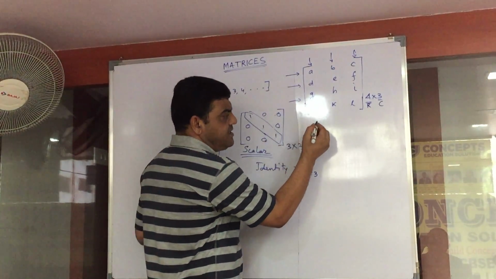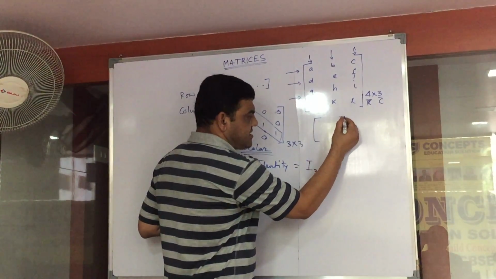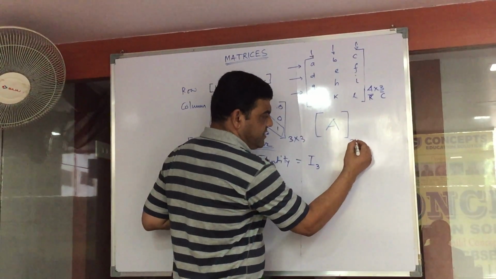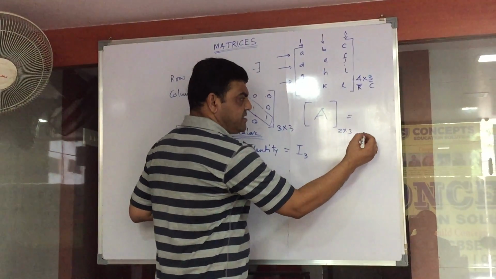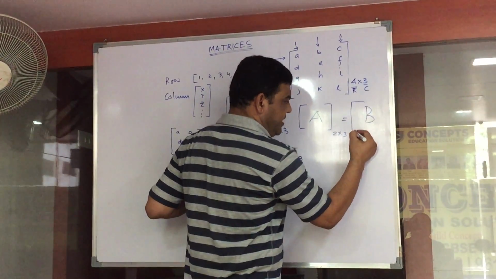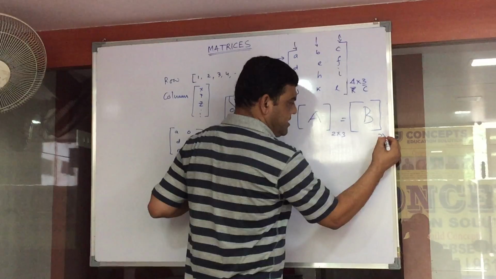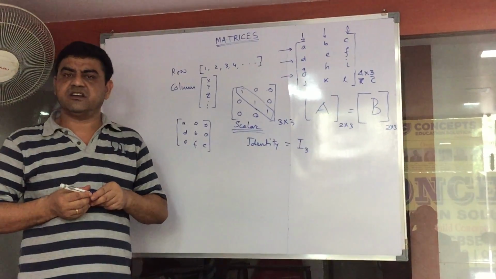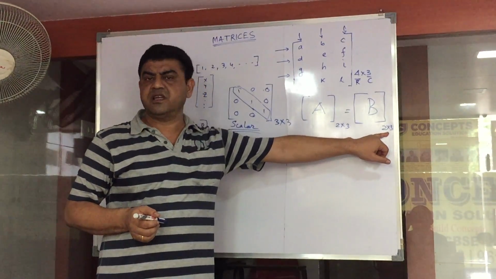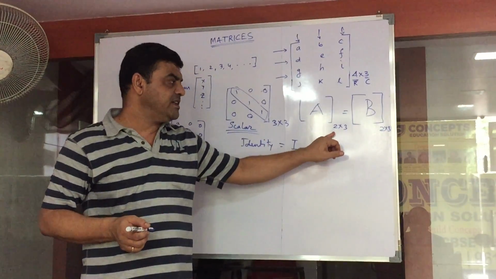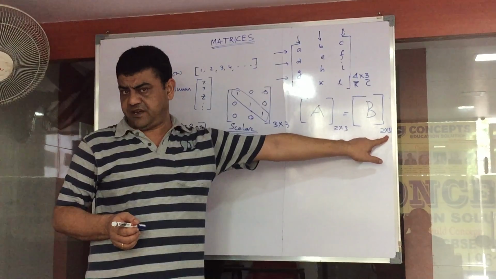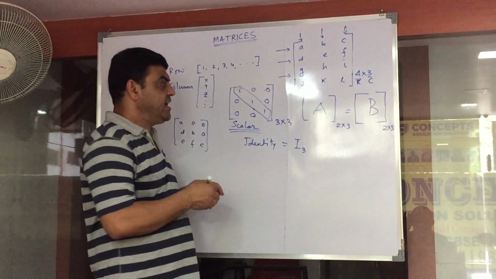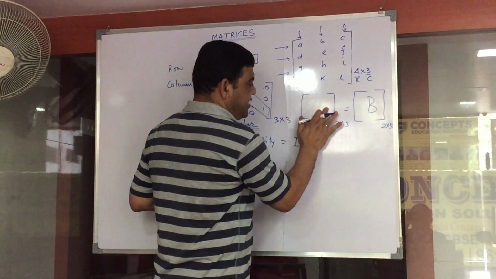In all respects means, first thing, if I say this is matrix A and it is a 2 by 3 matrix, then matrix B, which I want to compare for equality, must be of the same order. That means A and B must both be 2 by 3. If this is 2 by 3 and that is 3 by 2, we cannot compare. When this primary property is satisfied, then we check the elements of the matrix.